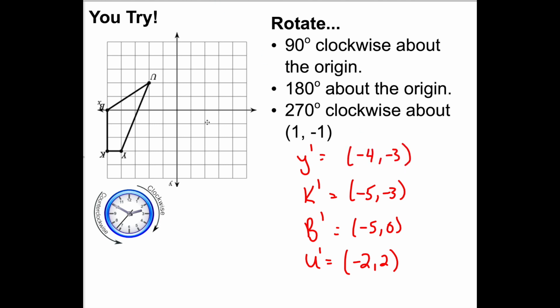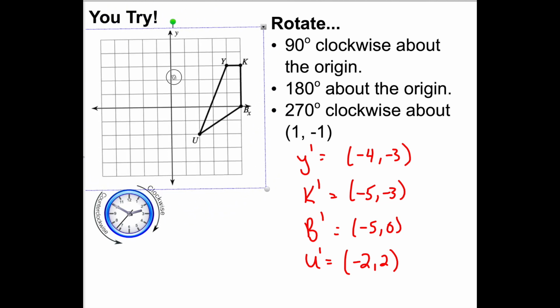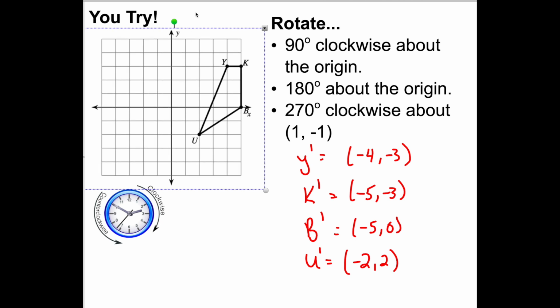Okay, so you rotate, you take a look at where it appears to be as if I had just come across these, maybe a little bit goofy because it's upside down. Then we flip back to the standard position and we plot -4, -3, -5, -3, -5, 0, -2, 2, and then we proceed to connect. Connect, connect, connect, connect. Label